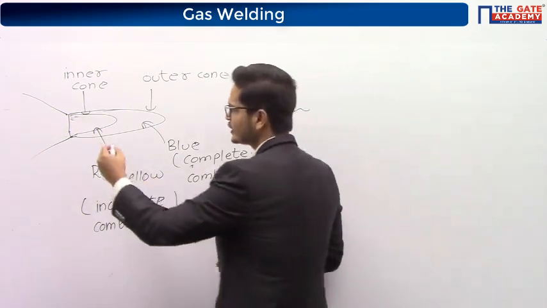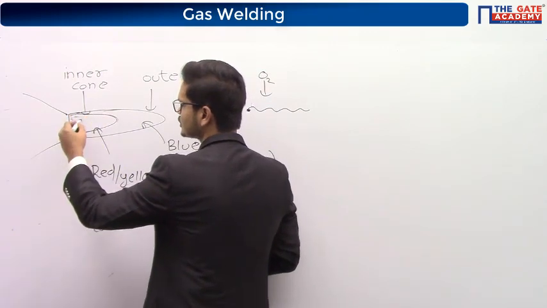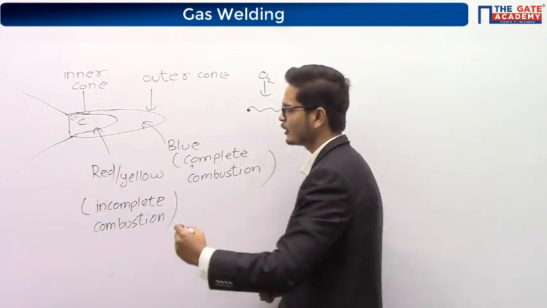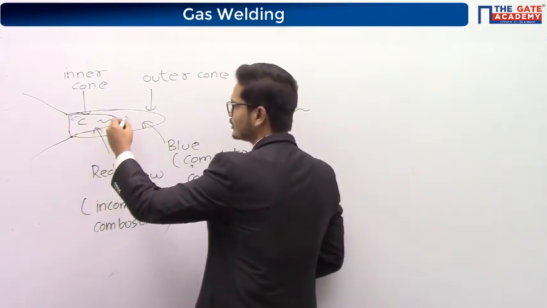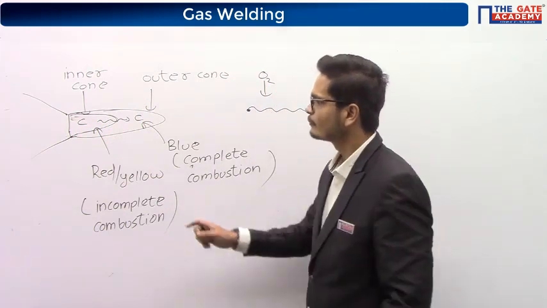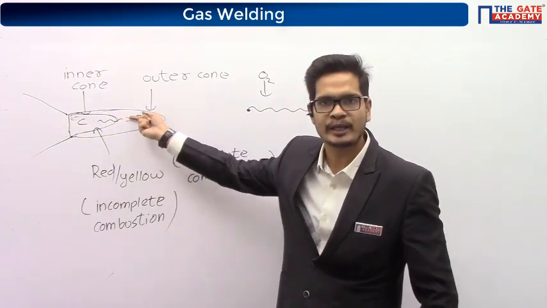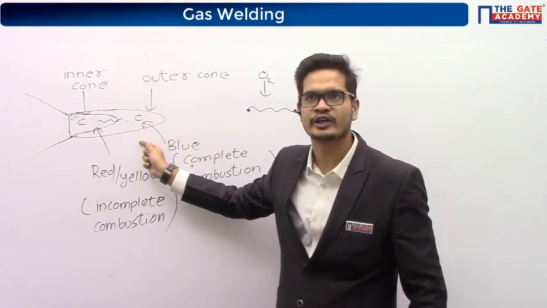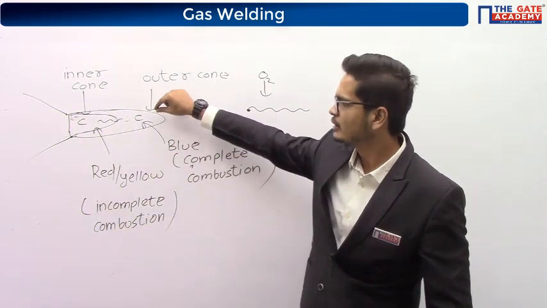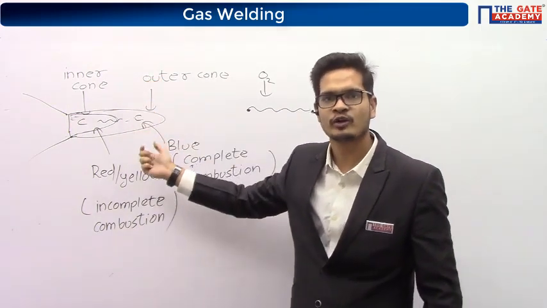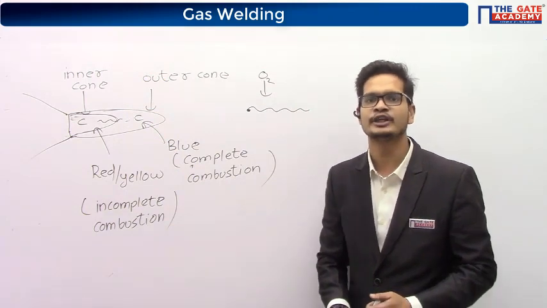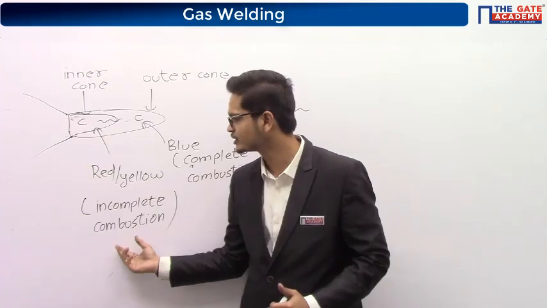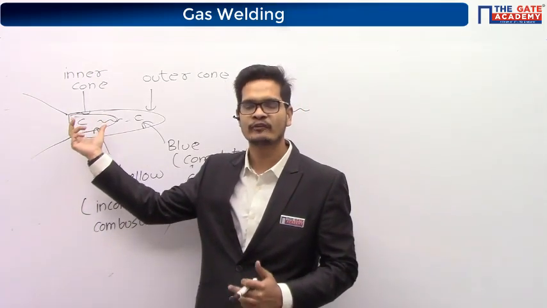That's why in these portions carbon is present, and that's why we are getting red or yellow color. This carbon will move forward. By the time it has reached here, it got a lot of time to travel, and it took the oxygen from the atmosphere. Because it took the oxygen, it was able to undergo complete oxidation. So the reason for incomplete combustion is lack of availability of time.